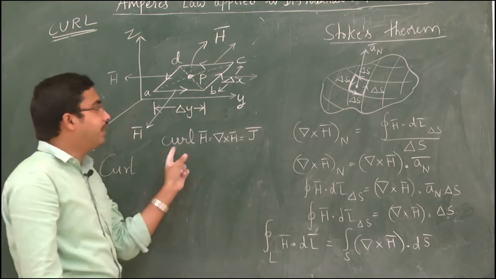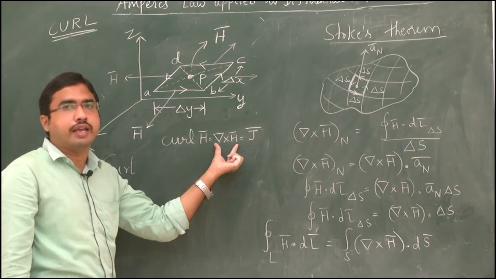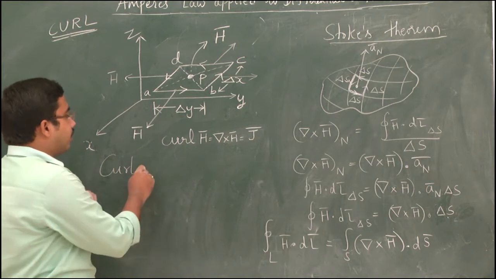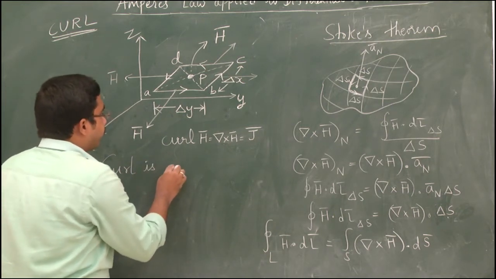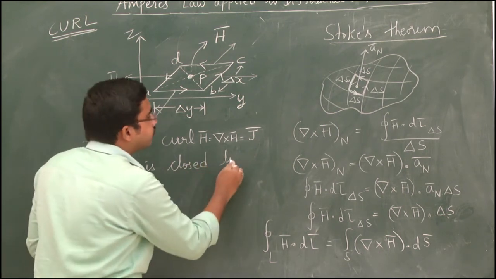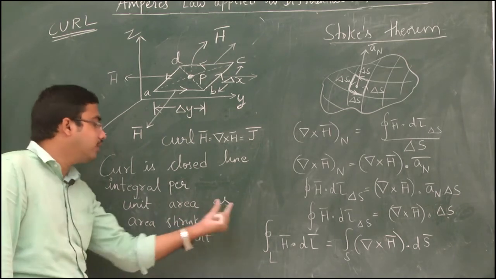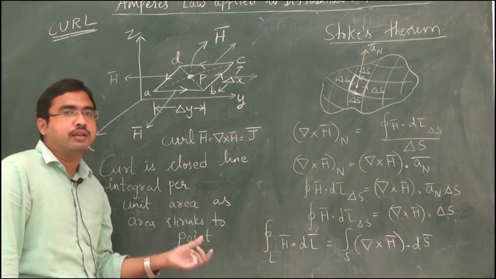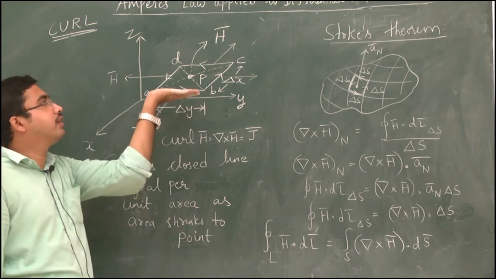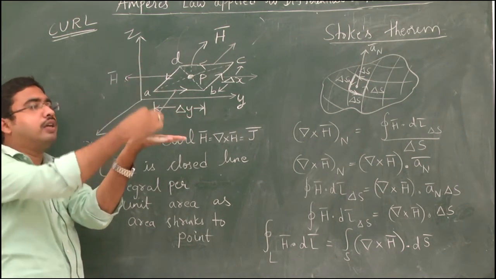Okay, curl h bar is equal to J bar, which is nothing but del cross h bar. What is the physical meaning of that curl? Curl is the closed line integral per unit area as the area shrinks to a particular point P. Suppose I am considering a point P here for this differential surface. If your surface is like this, from that point P, curl of h bar will be a vector which is